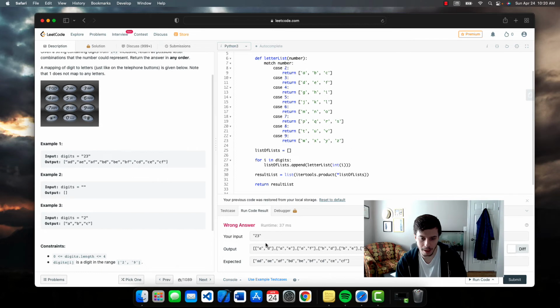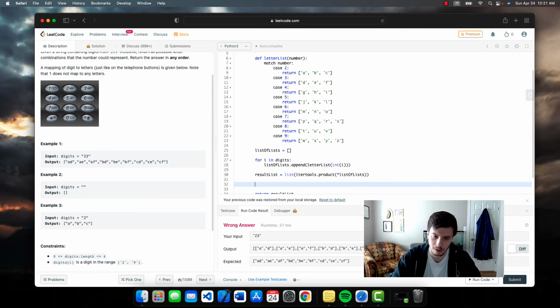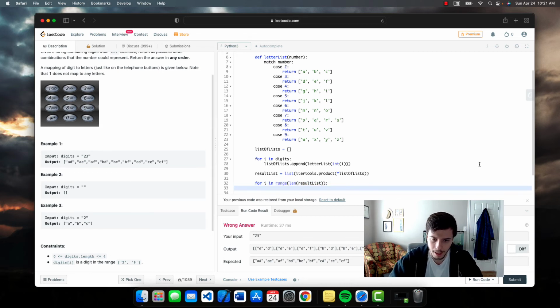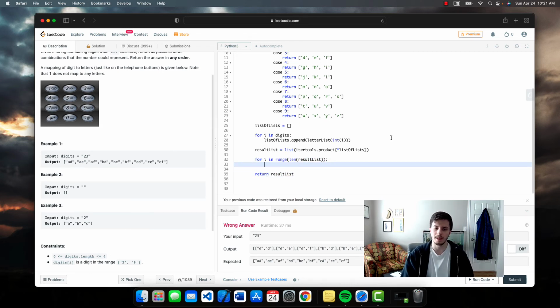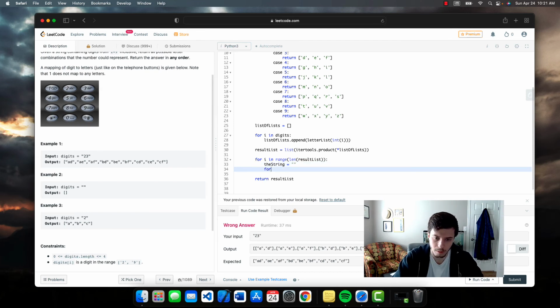That we append, right? So we still have a bunch of lists, and we need to convert those, of course, to strings. So this is just simple code. What we can do is say for i in range(len(result_list)), and we basically want to take this list that we have and just convert it into a string and replace it. So we can say the string is an empty string, and we can do for j in result_list[i],